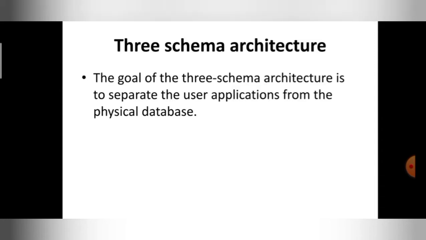Understanding, guys, why they do that? To make it simple. If you start seeing the internal architecture of Google as a non-technical user, you may get confused. Obviously they want those things hidden from you. So you are seeing only the user application, not the storage details, which are hidden. The main goal of the three schema architecture is to separate the user application from the database details. Hope you are understanding. If you have any doubts, please post them in the comment section.